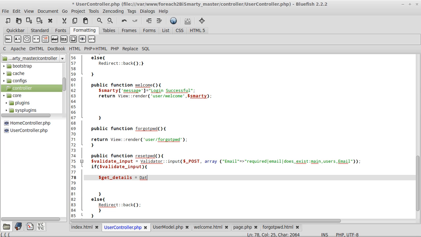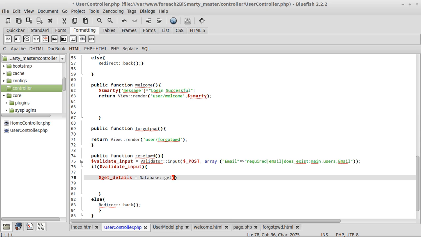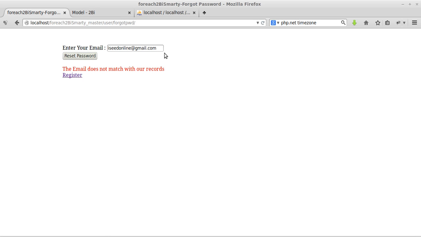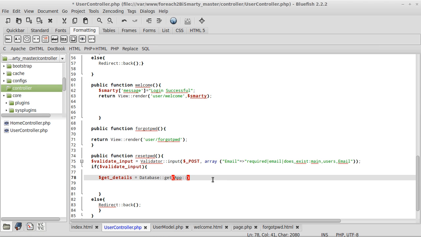So database, then db, then get, right? Then app, just copy and paste it. This is something I always prefer, instead of typing it again, right? So just copy and paste it, and then